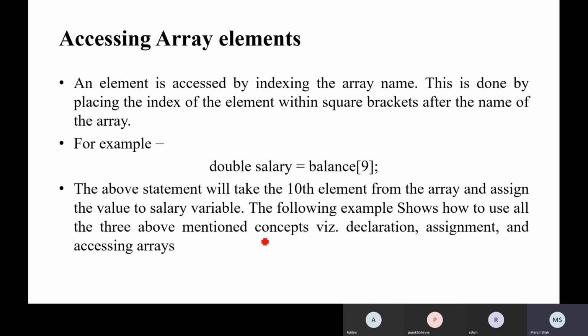The above statement will take the 10th element from the array and assign the value to the salary variable. The following example shows how to use all the three above mentioned concepts: declaration, assignment, and accessing arrays.